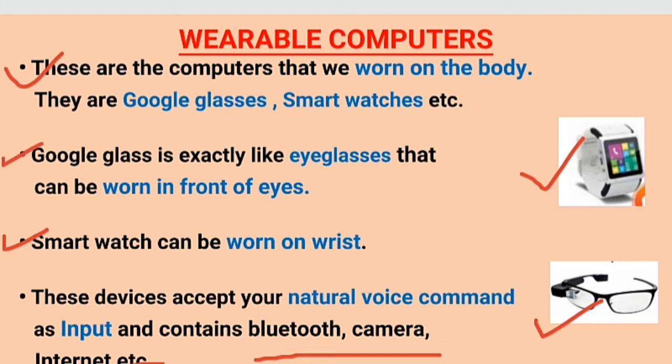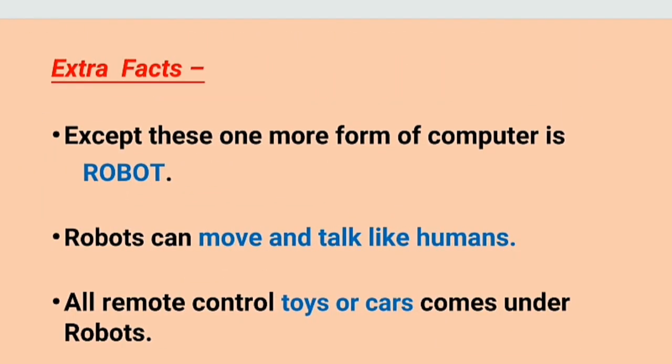Next, Google Glass. Google Glass basically is similar to our eyeglasses. ये हमारी आई ग्लासेस मतलब सन ग्लासेस की तरह ही होता है, but it is worn on the eyes. We can wear it on our eyes. In this, one chip is there that is used as a smart chip. So how does it work? These devices take our voice command as input. ये जो devices होते हैं, they take our voice command as input. I hope everybody understands.